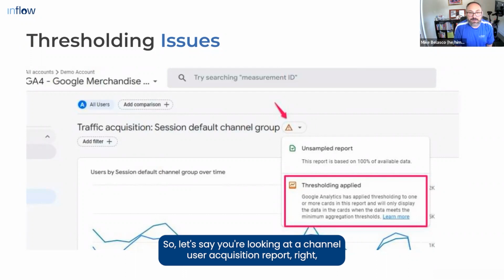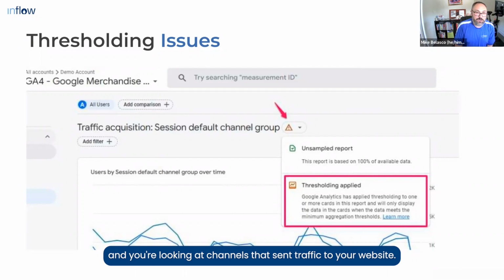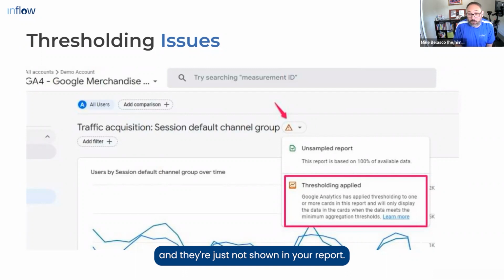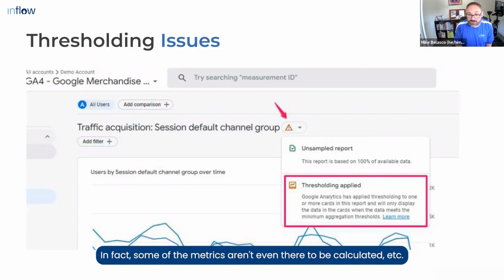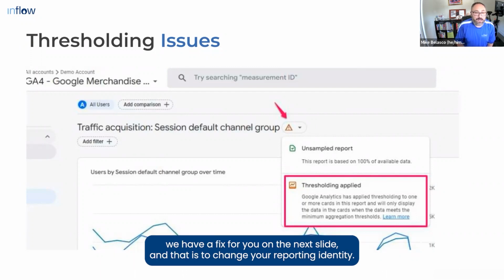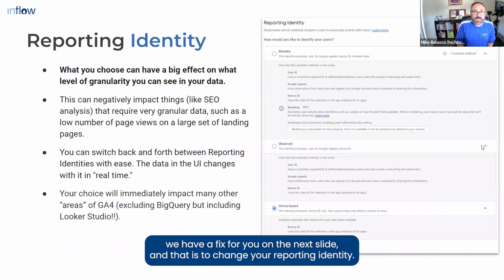So let's say you're looking at a channel, a user acquisition report, right? And you're looking at channels that sent traffic to your website. Some of the ones that didn't send very much traffic might get grouped into an other category, and they're just not shown in your report. In fact, some of the metrics aren't even there to be calculated, et cetera. So if you are seeing this and you do need more granular data and really want to see as much as you possibly can, we have a fix for you on the next slide, and that is to change your